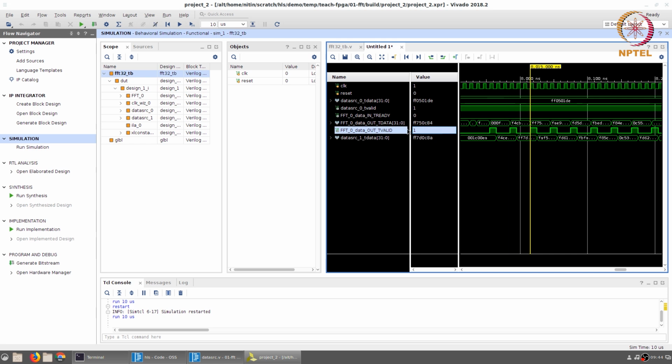At the next value, FF75, it was expected to be FF7D. 0C84, it was expected to be 0C8A. You can go through like this and do the comparisons. The important thing to keep in mind is this was precisely the part that was automated in the C test bench, where what it did, rather than looking at the exact values that were being generated, was to compute the norm of the output, the difference between the expected output and the actual output, and check that it fell within an acceptable tolerance value.